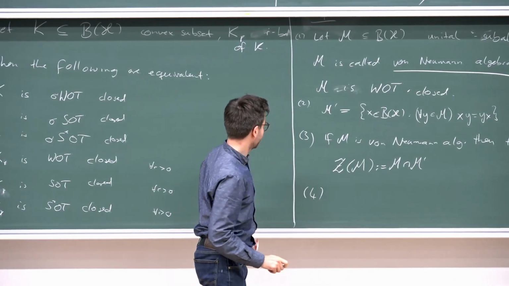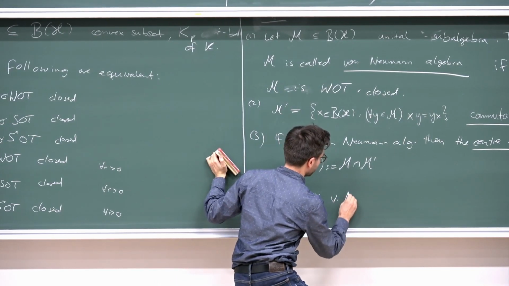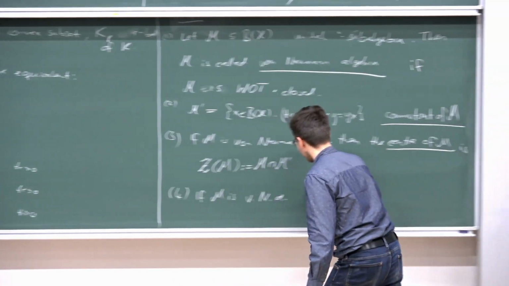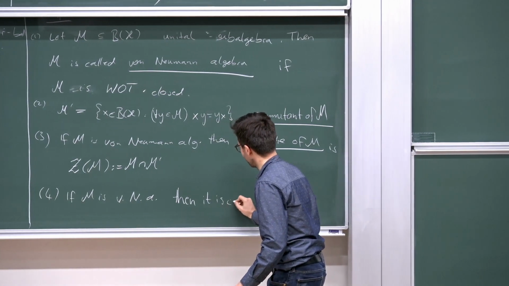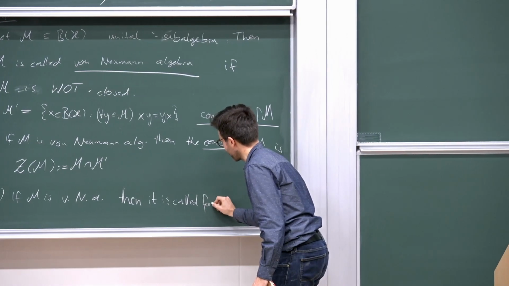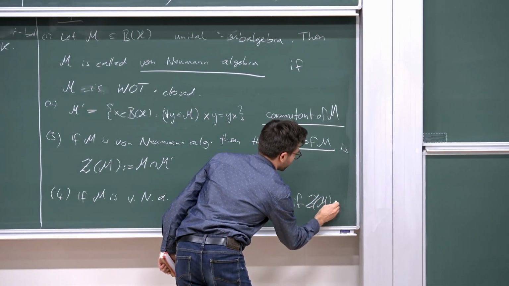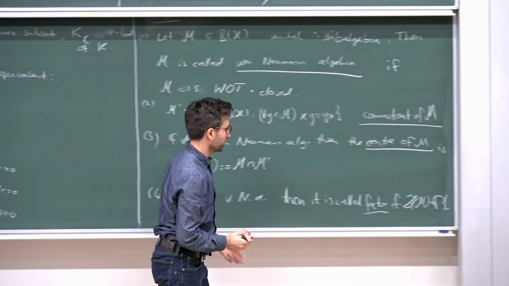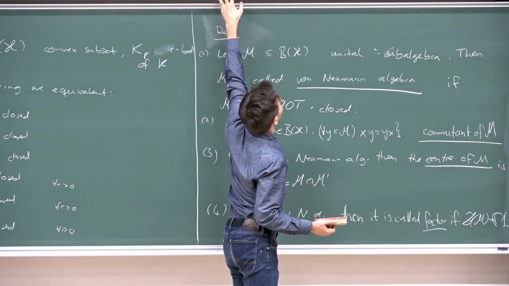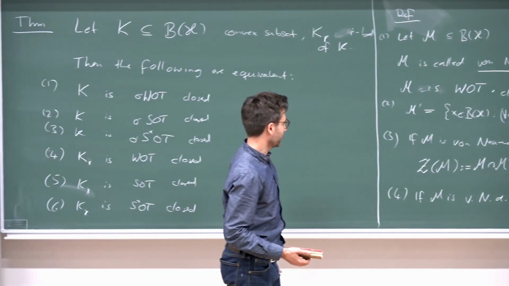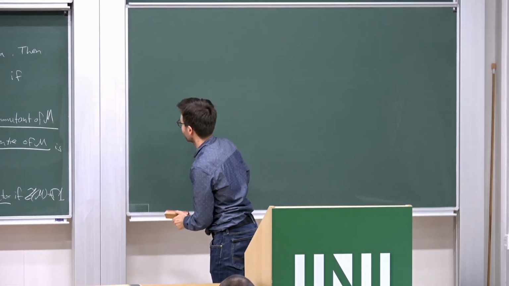And finally, again, if M is a von Neumann algebra, then it is called a factor if the center consists just of the multiples of the unit operator. Okay, is that readable? Okay, now